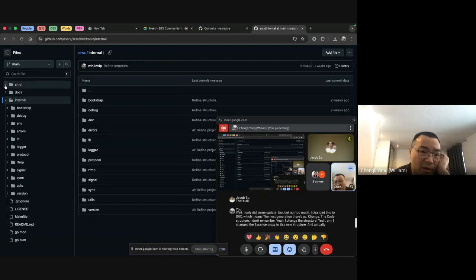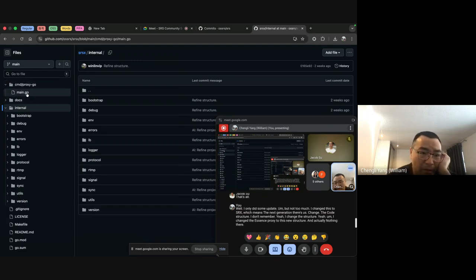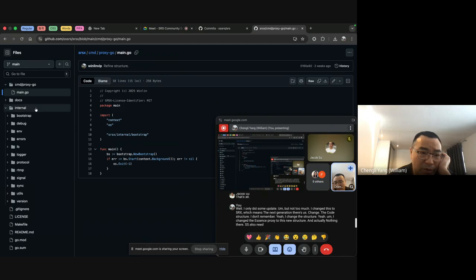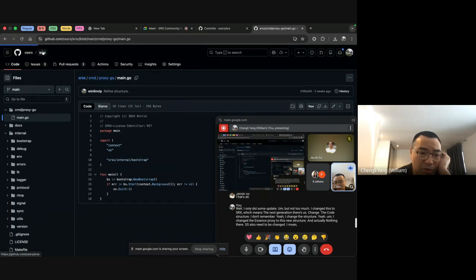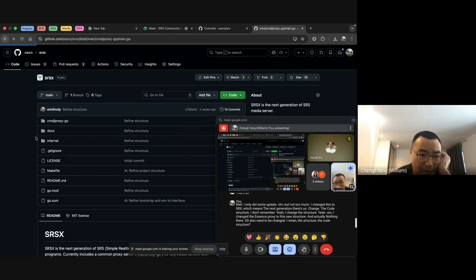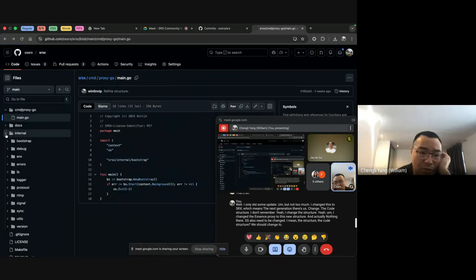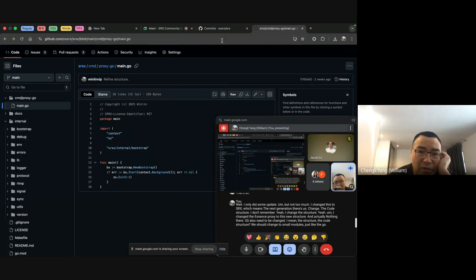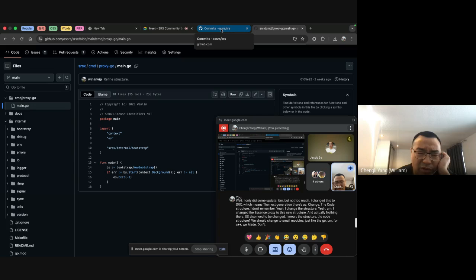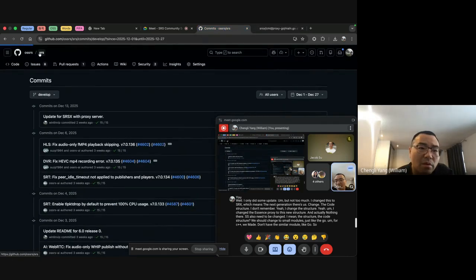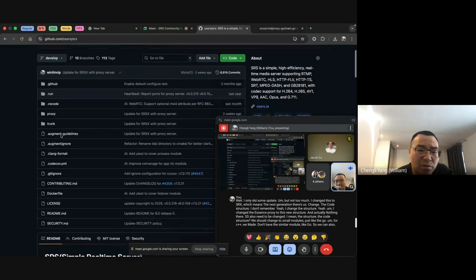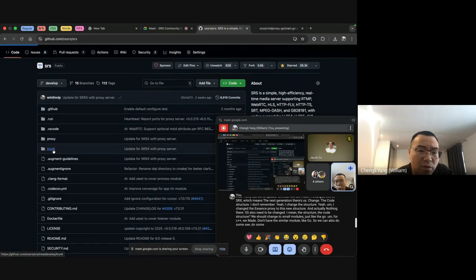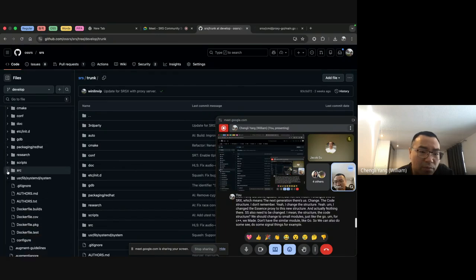Actually, I think the SRS also needs to be changed. I mean, the code structure. We should change to small modules, just like in Go. But for C++, we don't have a similar module system like Go, but we can also do some similar things. For example, we have